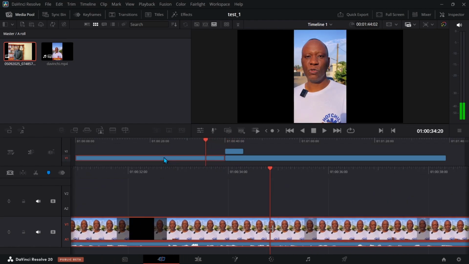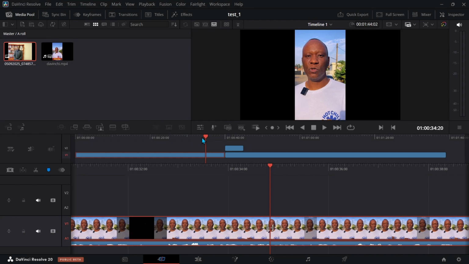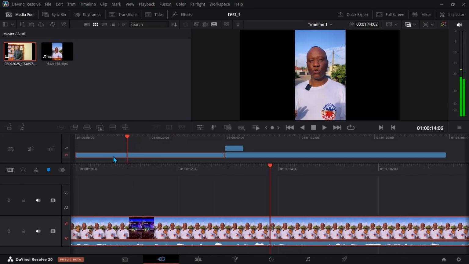So the cut panel is designed like a modern app, and it works best using the hardware tool you can use to edit videos very fast. So if you have the DaVinci Resolve editor keyboard, you can actually use that well with the cut panel. Because I don't have that, and I prefer using the edit page, I don't work that much with the cut panel. But just know that we can slice our clips over here, and these blue colors,